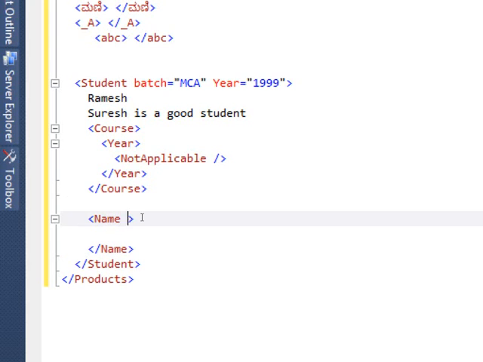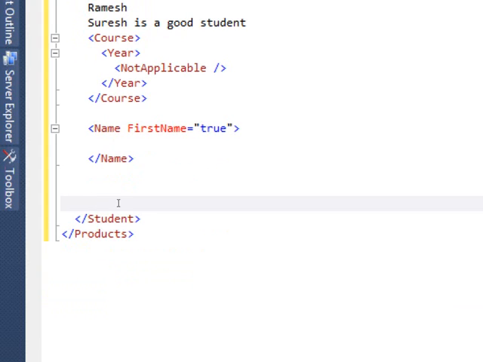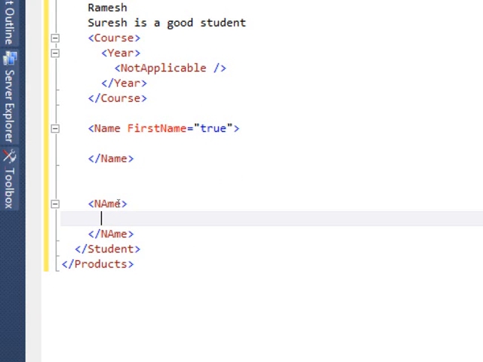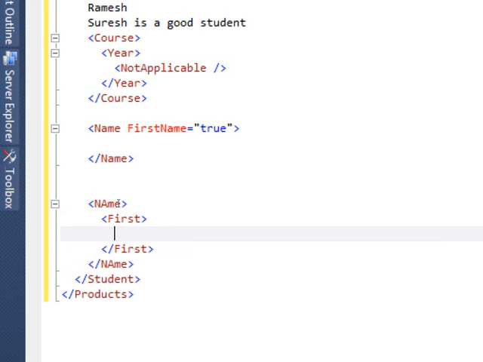I may say first name is just a reference, and write like this. This is one way, or I may say that this is name, no doubt. Ignore the case there. Then I may say that first.